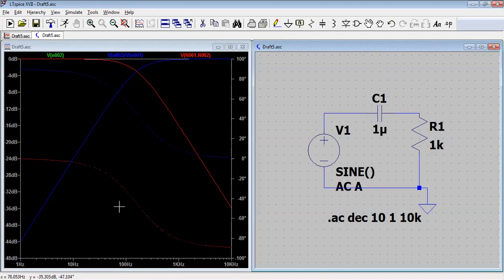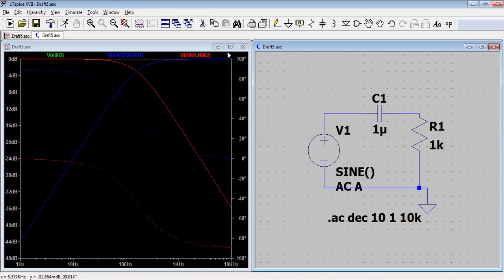Okay, for the low pass as well as the high pass, this is the phase response. If we take the voltage across this, what is the phase difference? This is the phase response. This solid line is the magnitude response. So let me stop here. I think you are able to understand how to make a low pass and high pass.